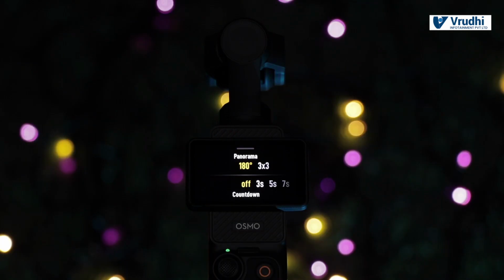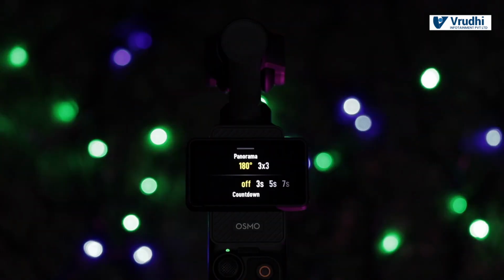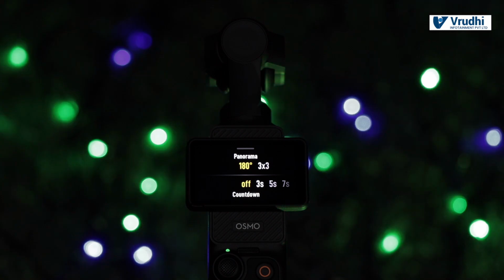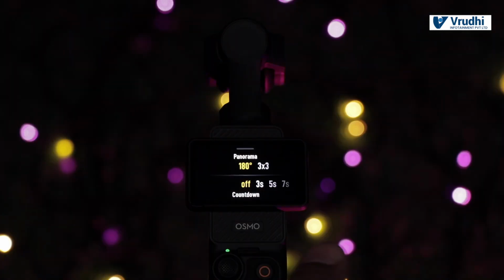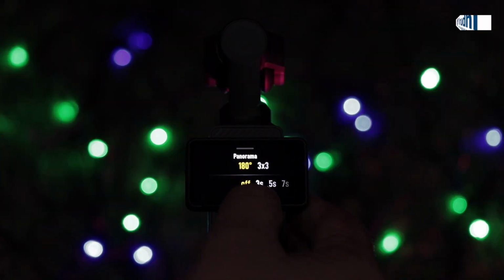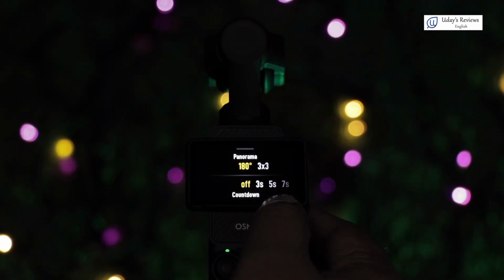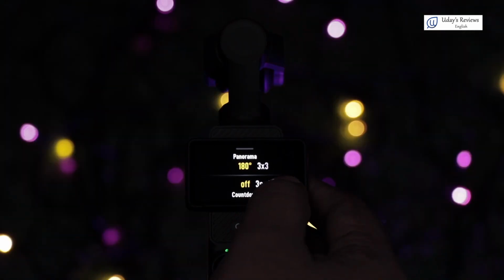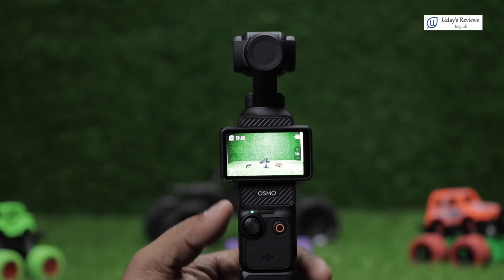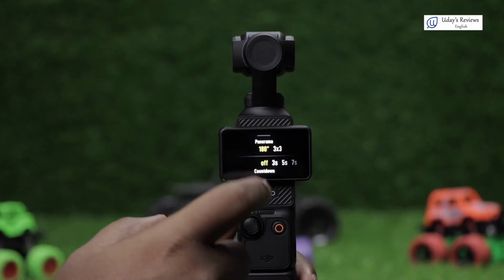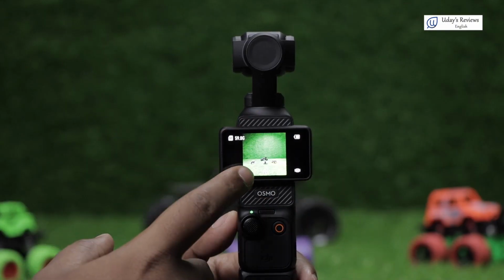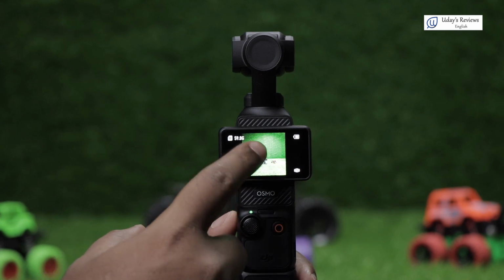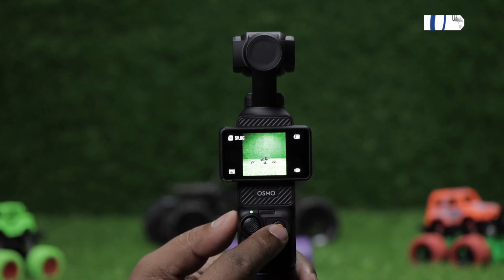There is 180 degree, which is normal in all the phones and all the gimbal supported cameras. So here below you have the timer for how many seconds you want to do it, 3, 5 or 7. Now let us see the demo of panorama. First let us see the 180 degree. So I have selected my cars here, and if I press the capture button,